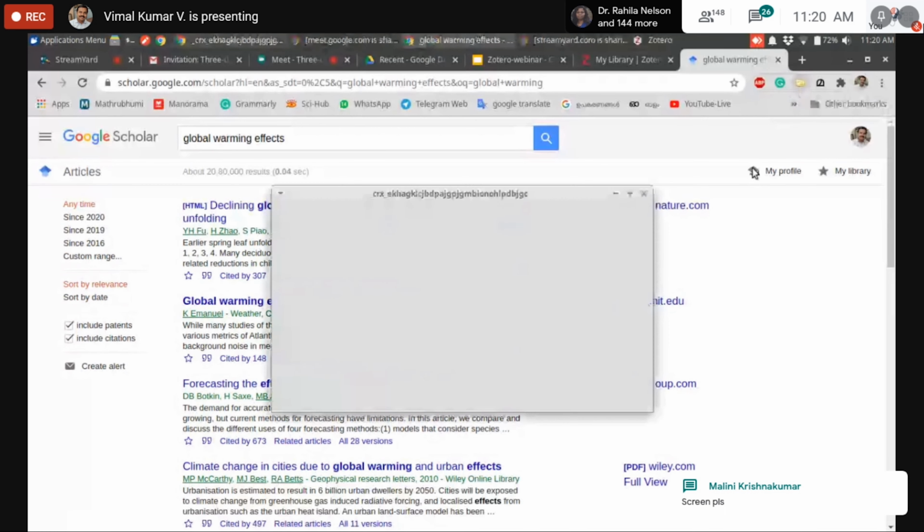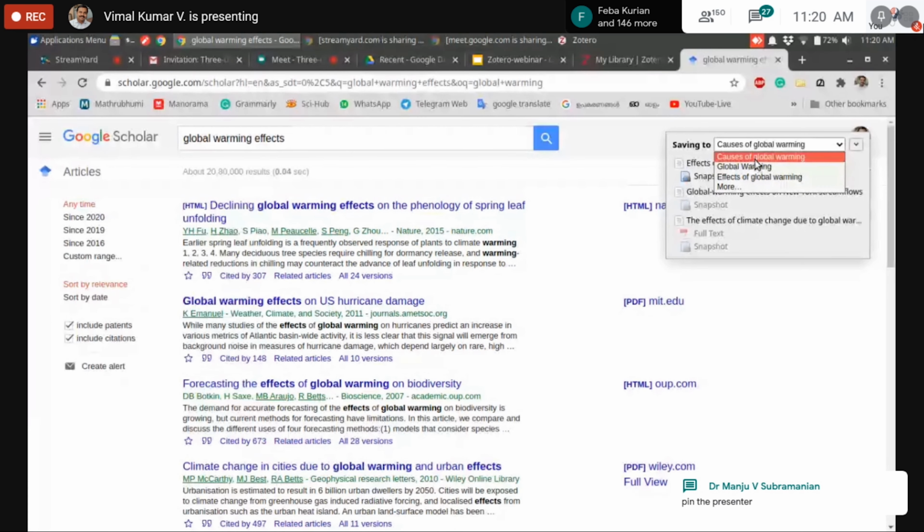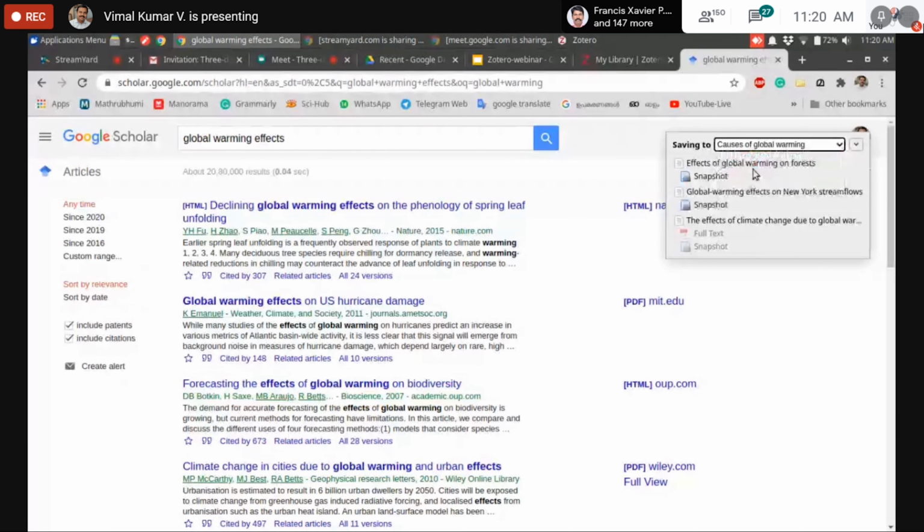Then we have to select the collection inside Zotero to save our references. Here I select causes of global warming, where our references will be saved. Then click on the Done button. It will save into Zotero. Here we can see the newly added references.